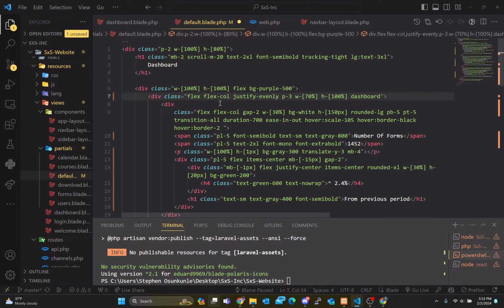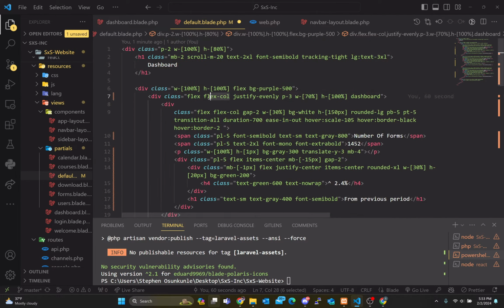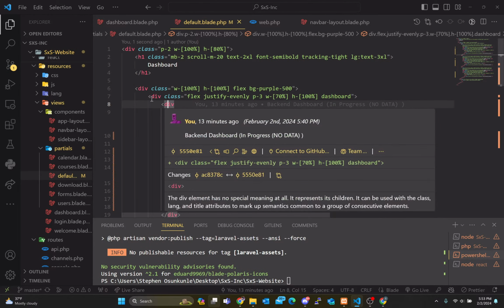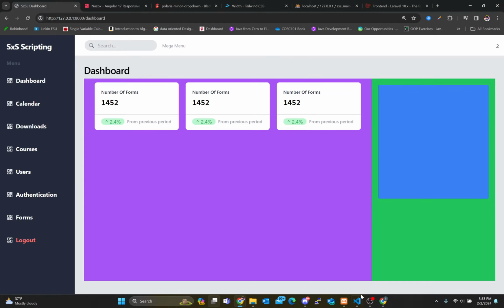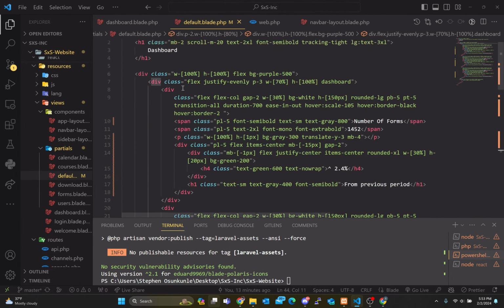This has the flex column actually. Sorry, not this one. I think I see what I did here. These are all flexes like this. I'll go back here. This is the second one. I need to stay within the first one. So if I need to stay within the first one,